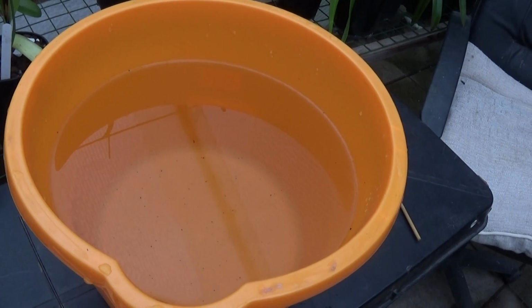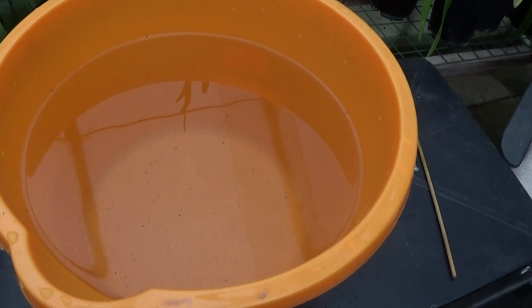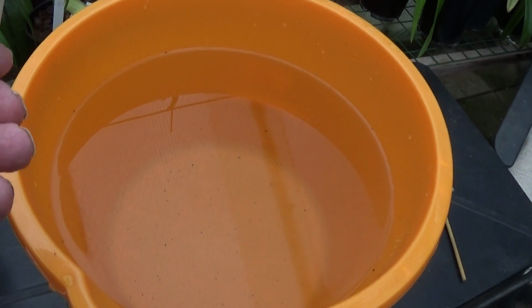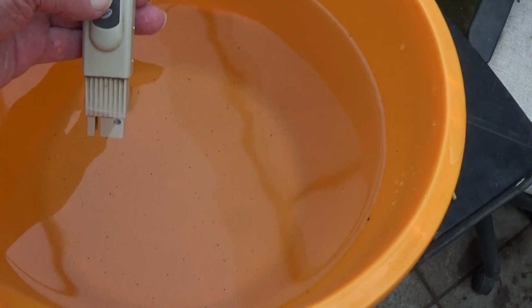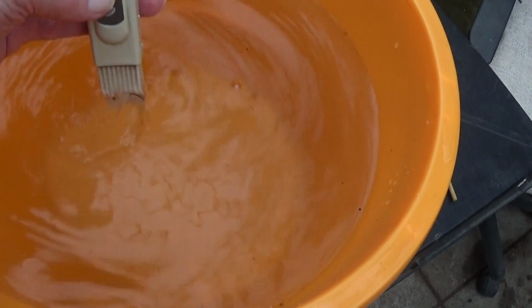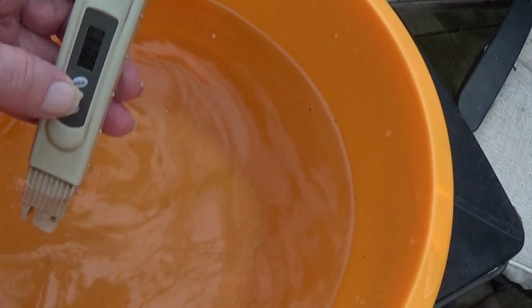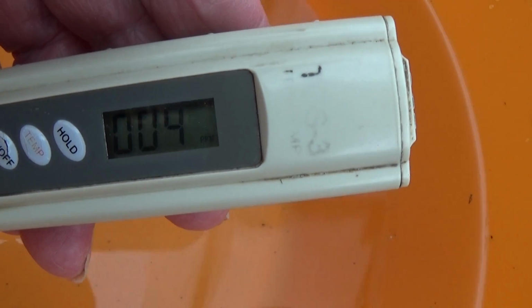Well, for watering the Cattleyas, I've got a bucket full of RO water here, and it's been standing since yesterday, so it might have gone up a little bit. So the TDS is... just give it a good shake. It's 4, so that's fine. I've put some warm water in, so the temperature is